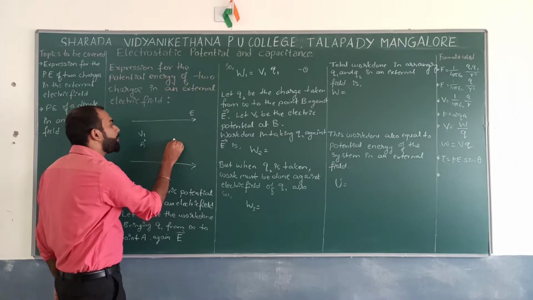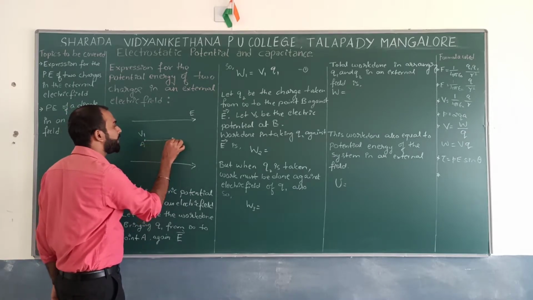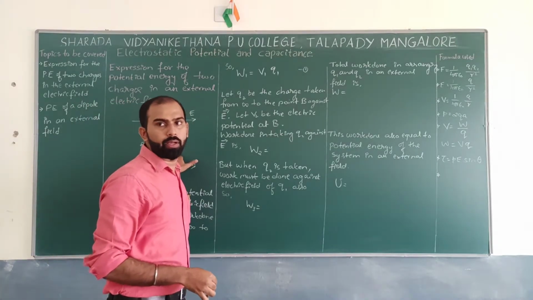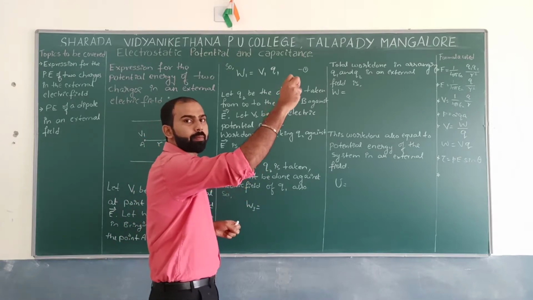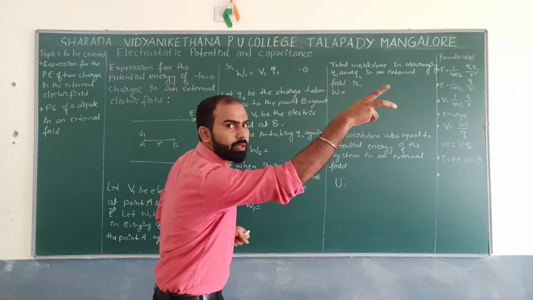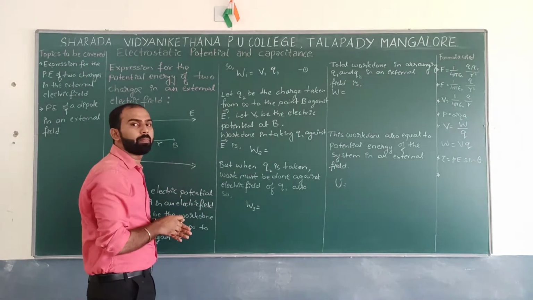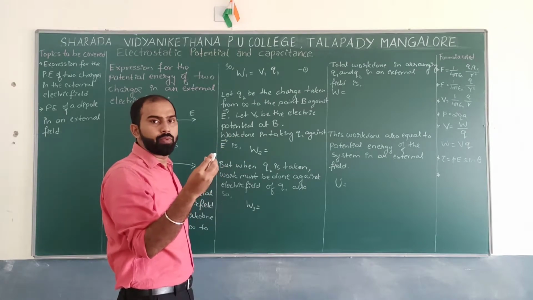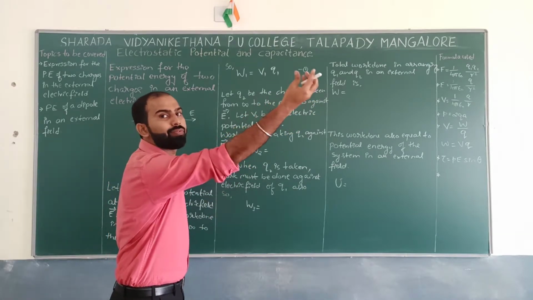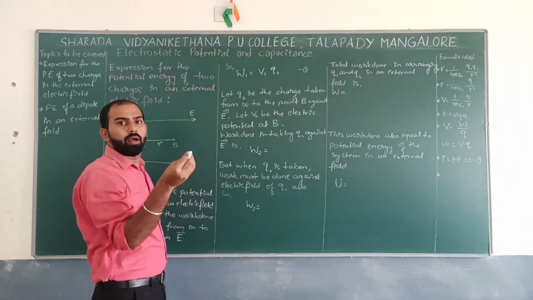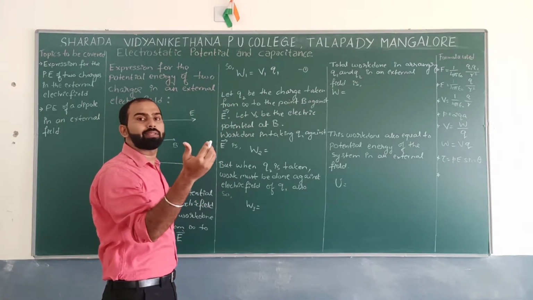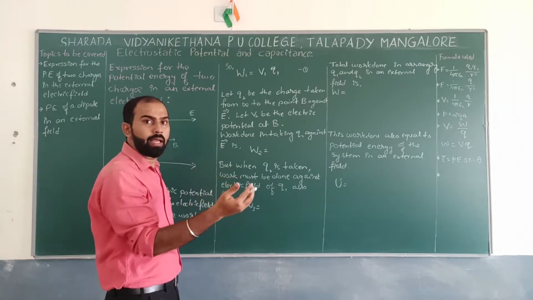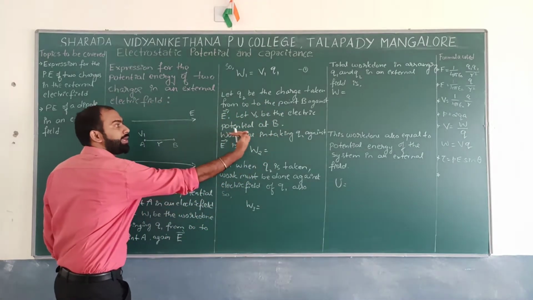Now you take one more point B, which is separated by a distance, let us say R. So which point have you taken? B. And one more charge we are supposed to bring from infinity to this particular point. So one more time we are supposed to bring which charge? Q2 from infinity to this particular point. Are you bringing the charge Q2 against the electric field or along the direction of the electric field? You are supposed to bring it against the direction of the electric field, somewhat like this.